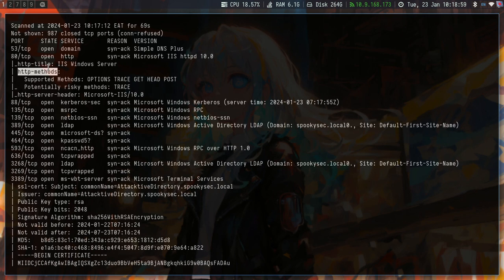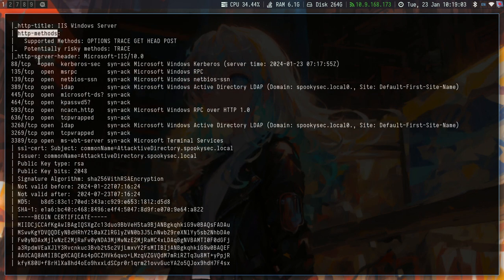There is port 80 for a simple IIS Windows server. That's okay, you can check it later. We can see that this is a DC, a domain controller, having port 88 open for Kerberos. Mostly the DCs are the ones with the KDC for